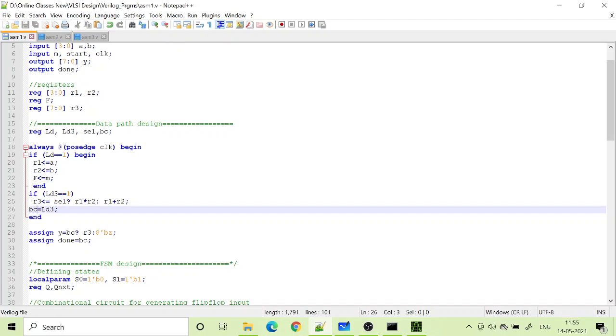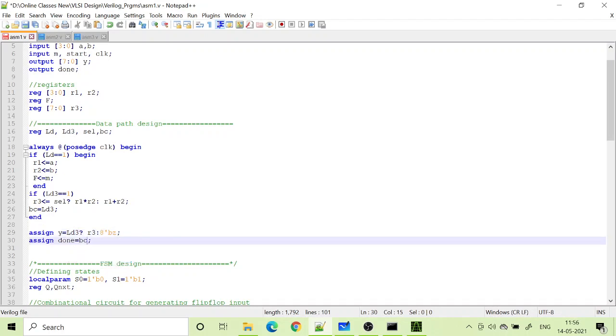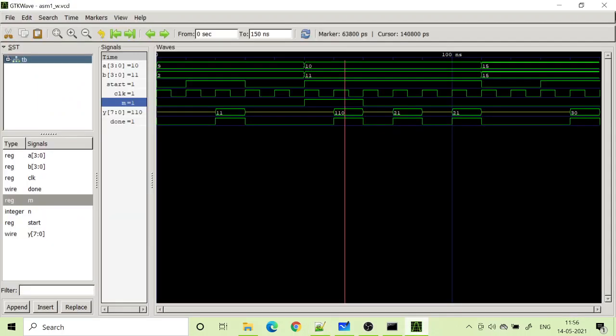So if LD3 and BC are the same, we may say why not use LD3 here. So if I use LD3 for assigning the output and also my done output as LD3, like this, if I run this, will I get the output? So let's check that.